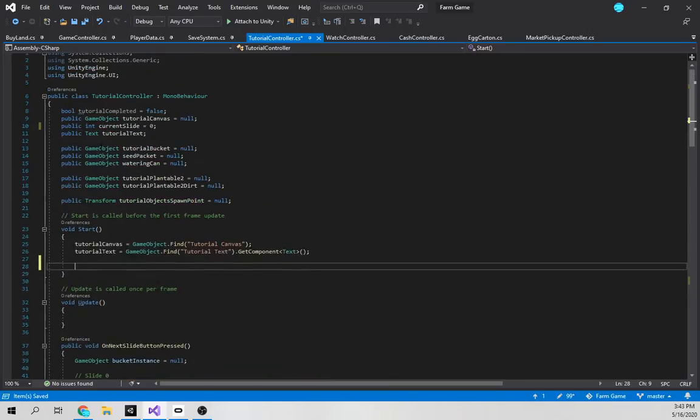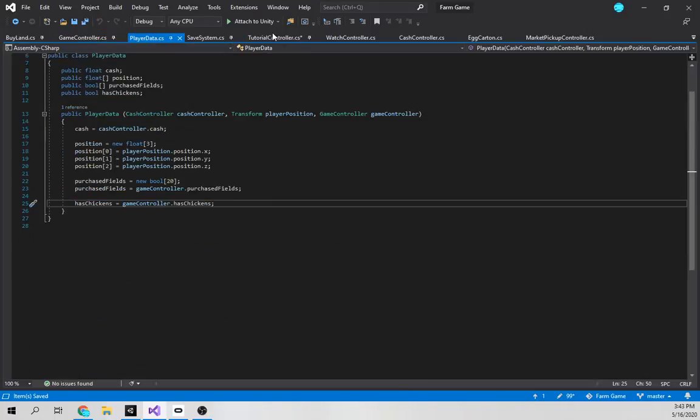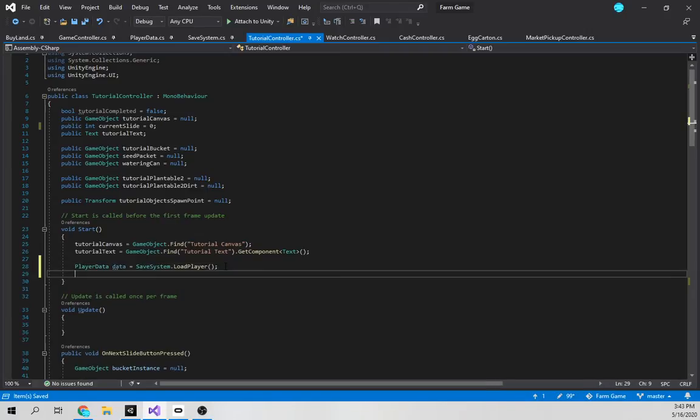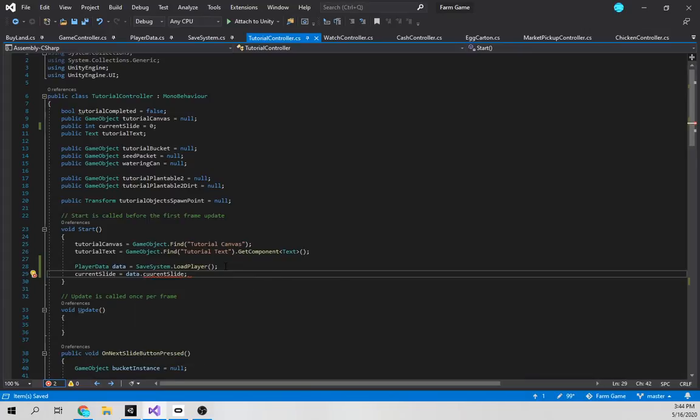So we're going to say, over here in our game controller, let's just copy all that awesome information. And in our tutorial controller, we're just going to paste that in, SaveSystem.LoadPlayer. And then we're just going to say, current slide equals data.currentSlide. Boom. So that's currently giving us a little red underline